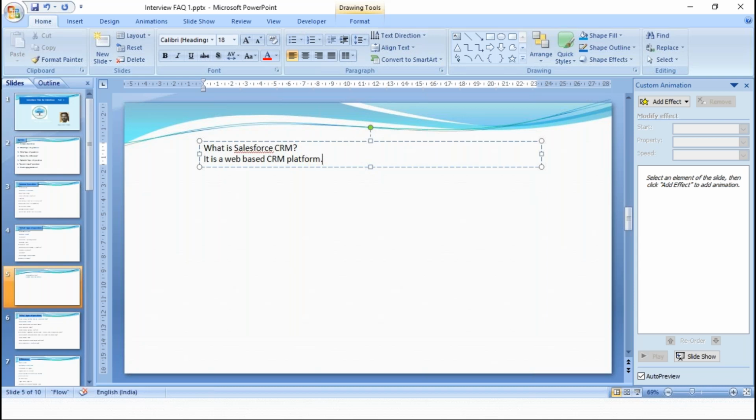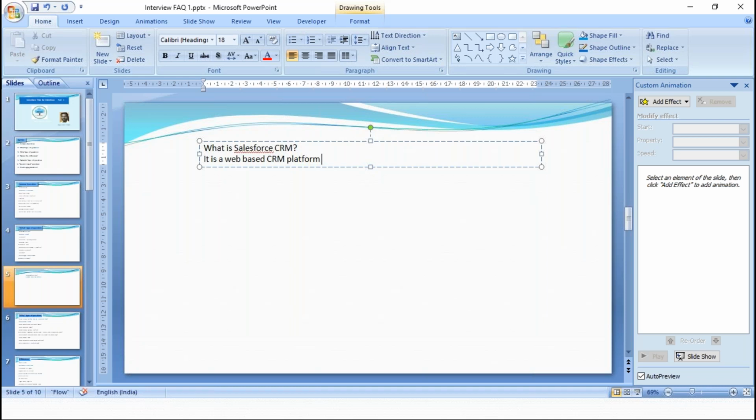CRM is customer relationship management software, which means we have a set of tables and automation features to manage the data in the database, right? Like your workflows, process builder, validation rules. And it's also a platform, which means it's a development environment where you can develop applications and customize existing applications.